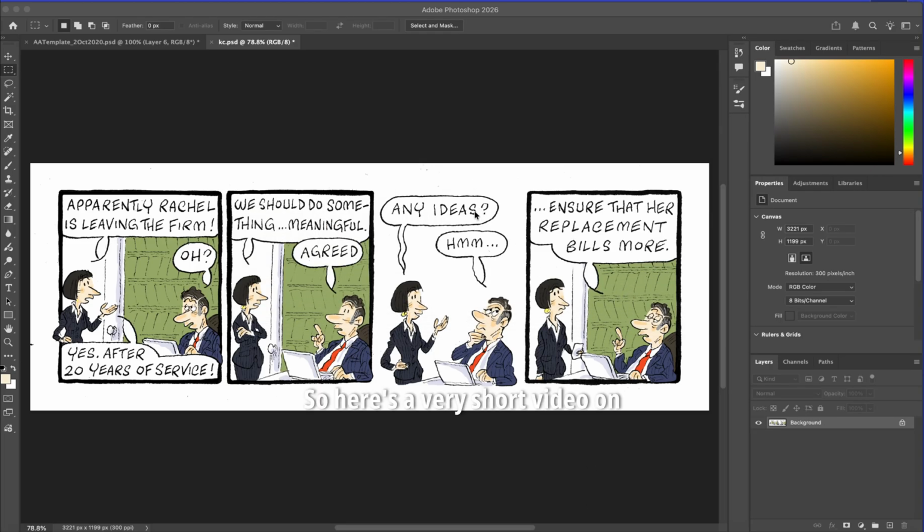So here's a very short video on how to resize an image in Photoshop. So let's say you've done a drawing. In this case, it's my cartoon strip for the Times, which I've done here. But the Times, for the online edition, they need specific dimensions, a specific format, which is 1500 pixels wide